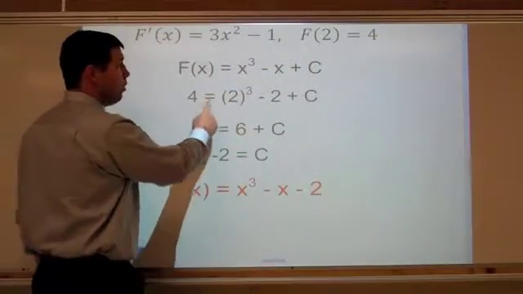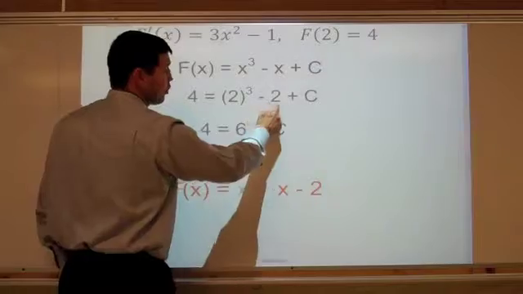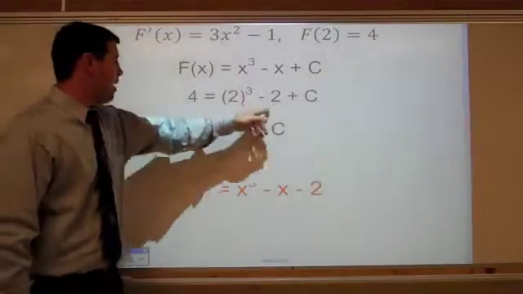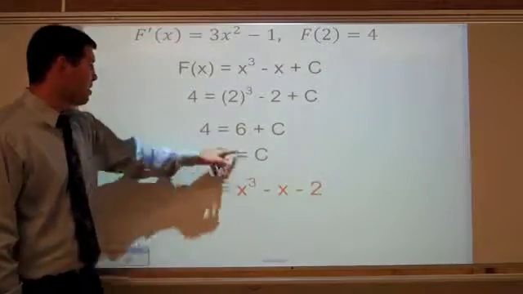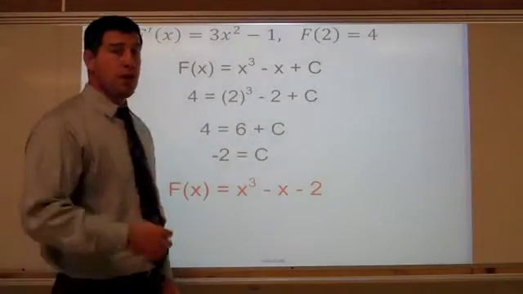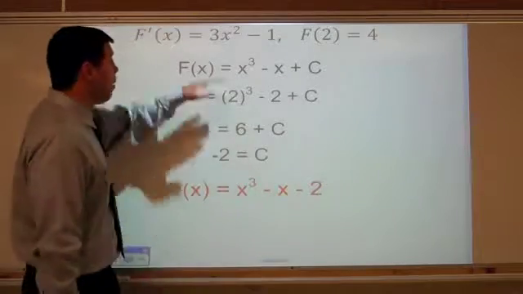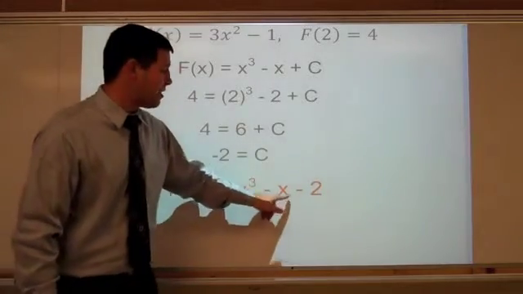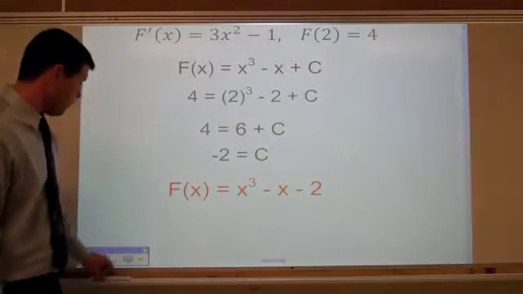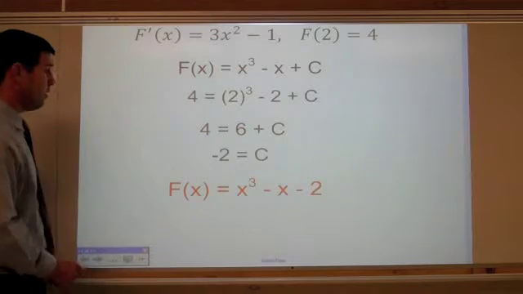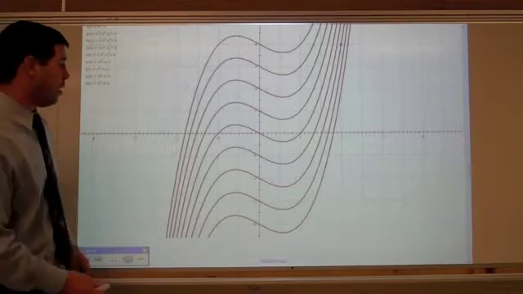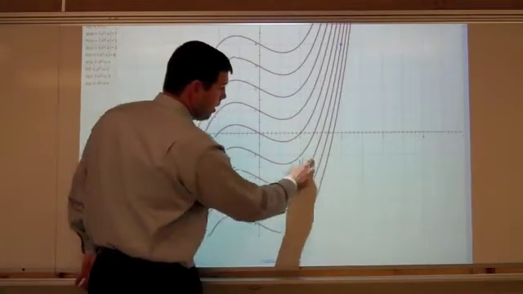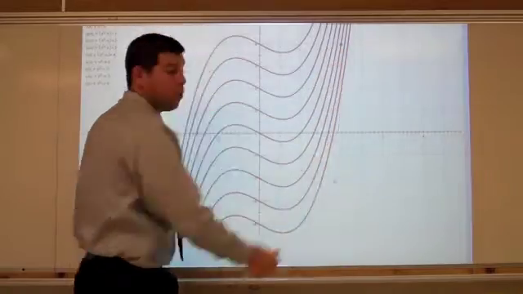So 4 should equal 2 cubed minus 2 plus C. And from here it's just quick little algebra. 8 minus 2 is 6. 4 equals 6 plus C, so C must equal negative 2. So your function that satisfied that initial condition with this differential equation, with that as its derivative, was x cubed minus x minus 2. And if we go back and look at that, x cubed minus x minus 2 was this one here that went through negative 2. And if you trace it up, that was the one that went through the point that we were looking